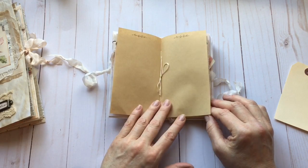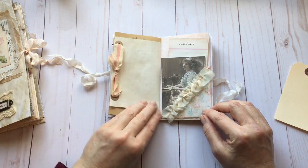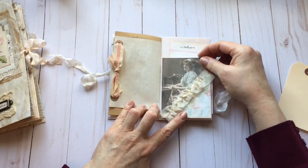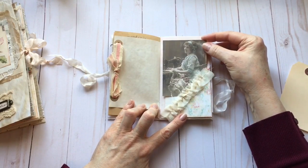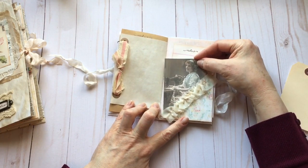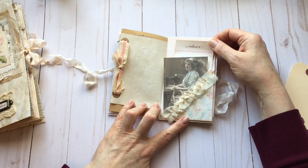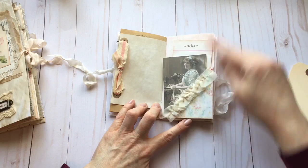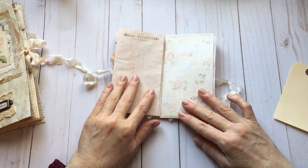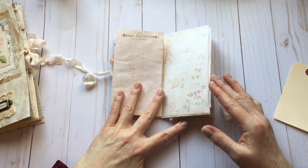And so that's the middle of the signature. And then on this side, I've got more trim here. This one, of course, is a little bit of a sewing themed book. So I've added this really pretty blue and pink image, and then some lined paper that I've done some stamping on. Really pretty ruffled trim. And then this is a little fold out here. And then this is the center